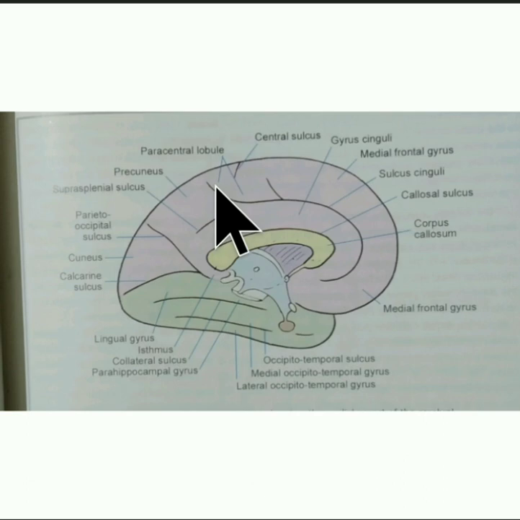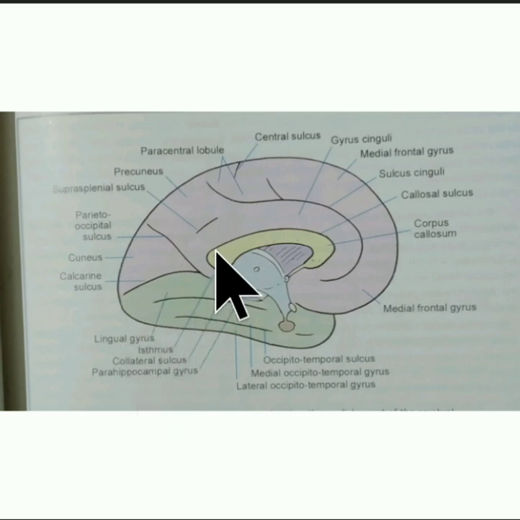The part of the medial surface behind the paracentral lobule and the cingulate sulcus is cut by two major sulci into a triangular portion, which is called the cuneus. The cuneus is surrounded by the supromedial border, posteriorly and above by the parieto-occipital sulcus, and below by the calcarine sulcus.